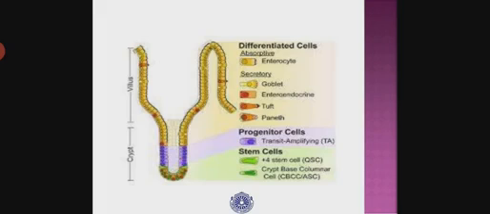So this is one more diagrammatic view of this villus part. As you see here, there are different types of cells found: goblet cells, enteroendocrine cells, and the tufts present here between the cells, and there are some cells called Paneth cells, and there are some progenitor cells called transit amplifying cells, and stem cells are also seen in the base of this particular villi.